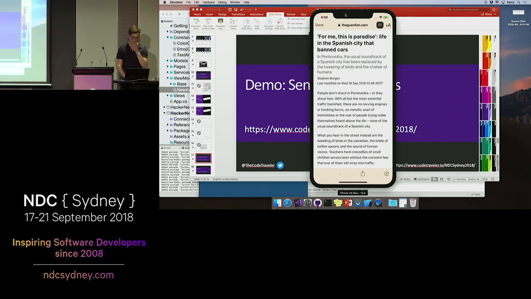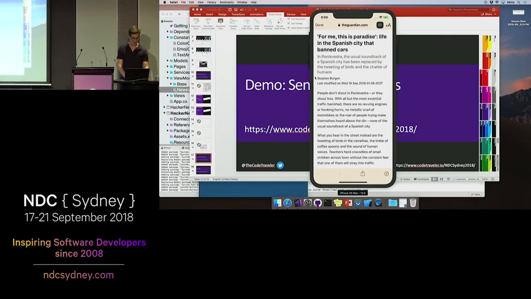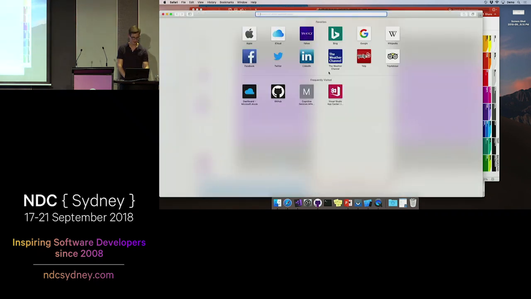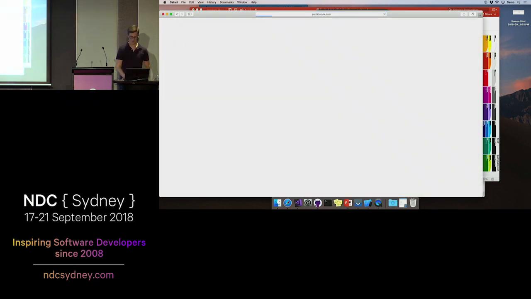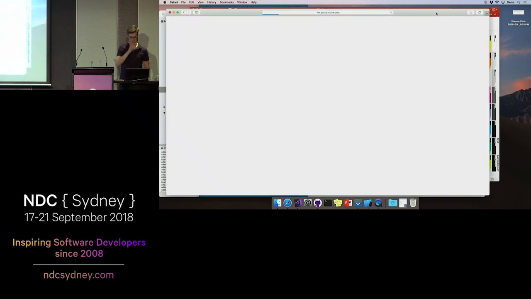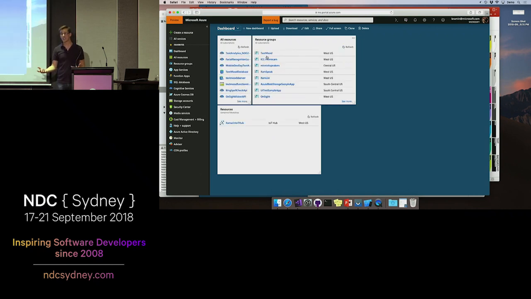So the first thing we want to do is we're gonna head to the Azure portal. Let's open up a new window there. There we go. All right, Wi-Fi's working. So we're gonna go to the Azure portal and we're gonna create a new resource. Now, if you've never used Azure before, well, actually, you're in luck because that landing page actually has a free $200 credit to help you get started. Or even if you have used Azure, just create a new account with a different email address, get the free money. But in Azure, it calls everything a resource.